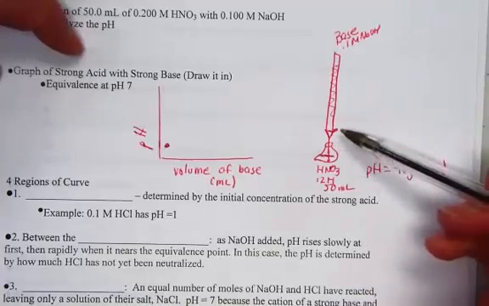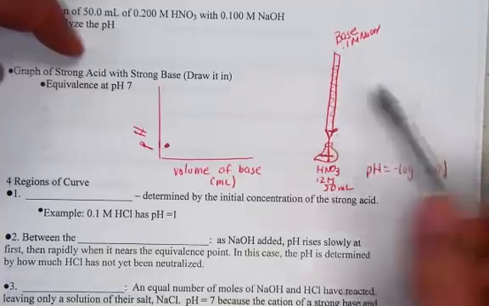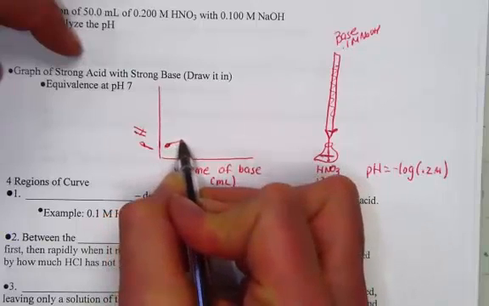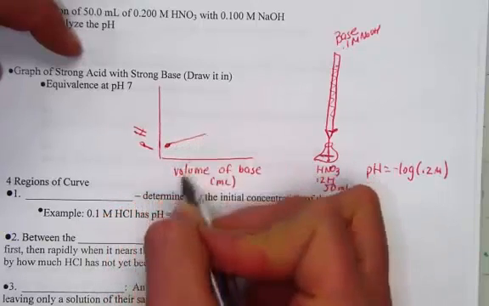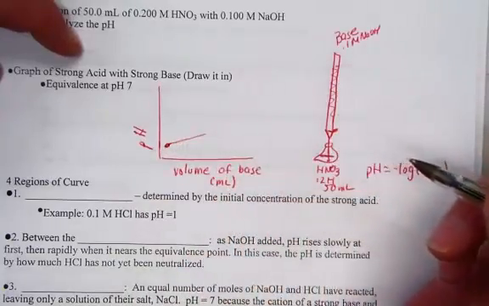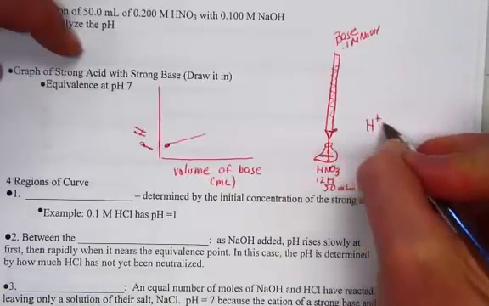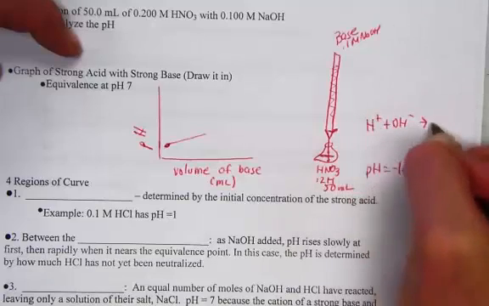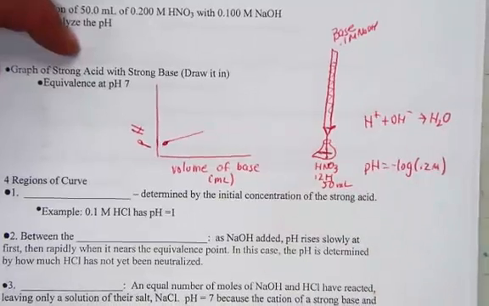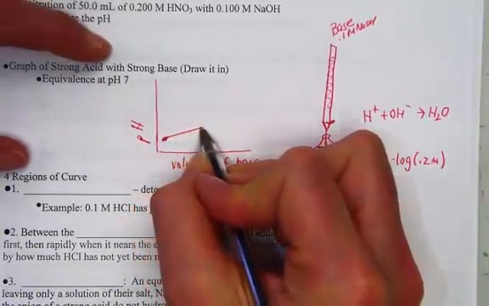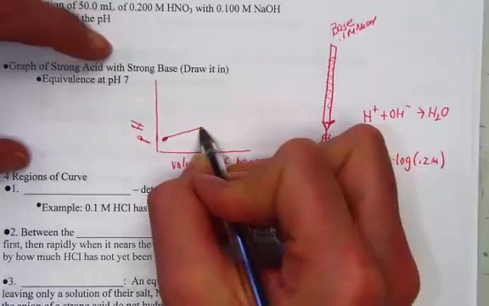But as we open up the burette and allow the strong base to enter, we start to notice the pH change. And again, if a base is being added to an acid, it would make sense to see the pH slowly begin to climb. And it will do so as the acid is being consumed. What I mean by that, as the acid is being consumed, we're adding base, taking out the hydrogen ion as we begin to neutralize. So we see the pH begin to climb, and then we notice near the equivalence point,